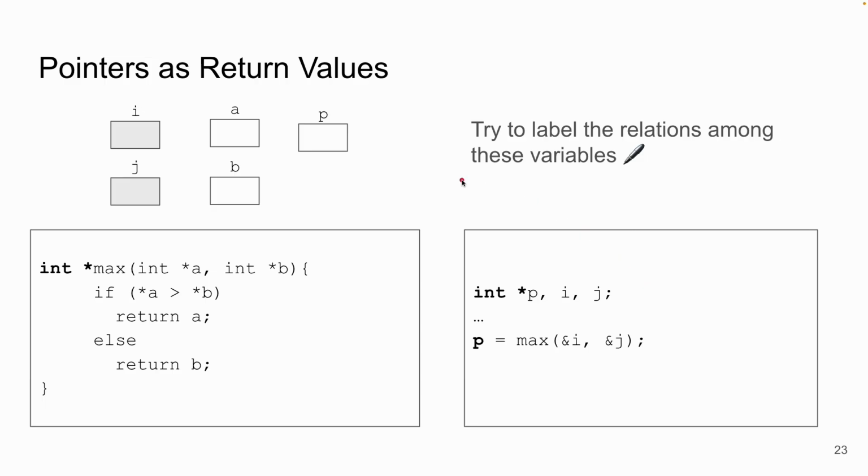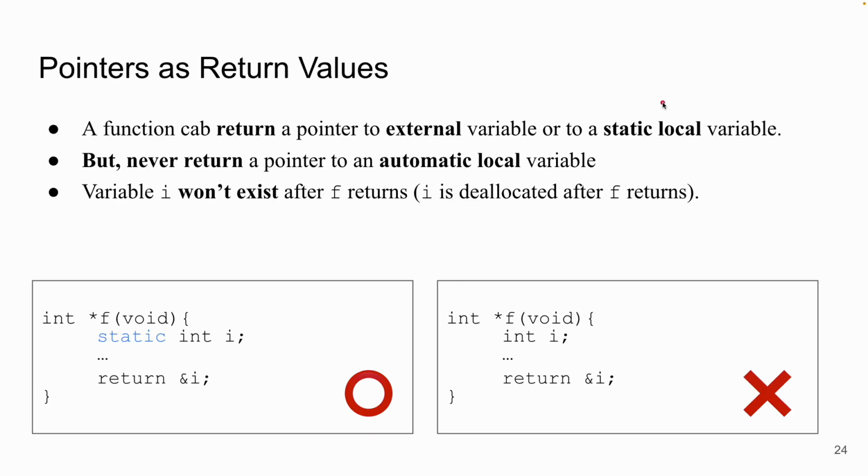I encourage you to draw the relationships by yourself, and I believe you will have a better understanding of what happens in this max function code. You can do that during the break, but before the break,